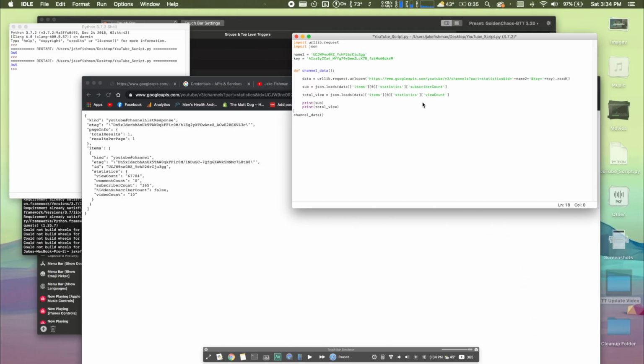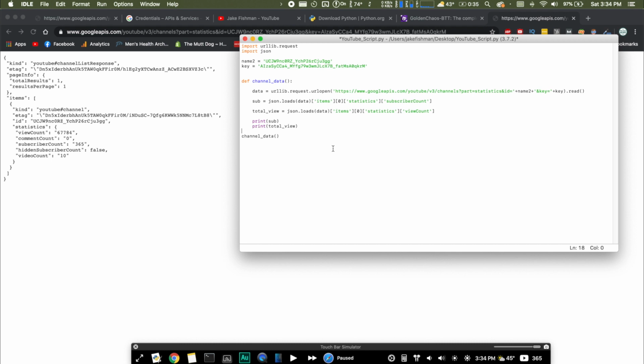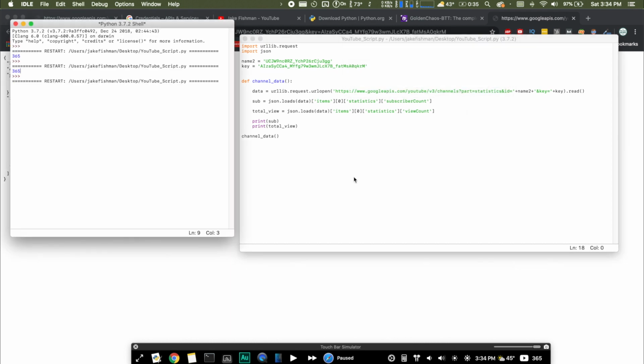So running back to the program, we're going to test it. We're going to go Run Module. Yes, it has to save in order to run. And boom, printed 365 and